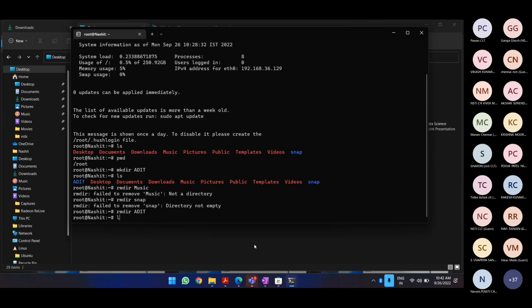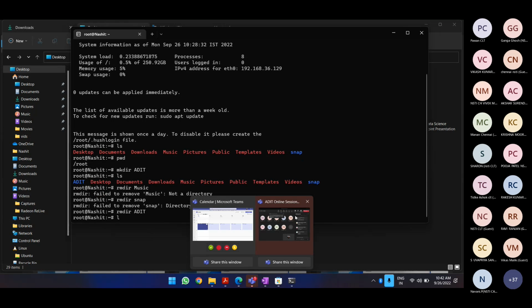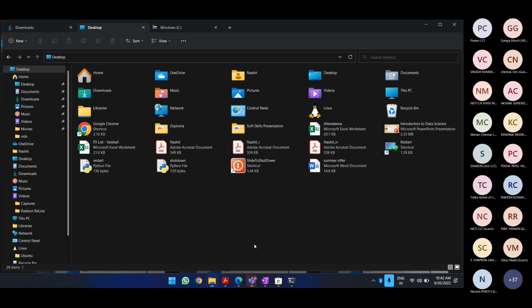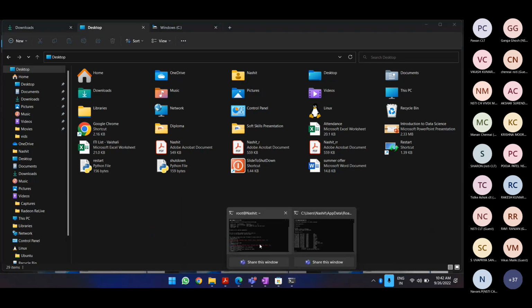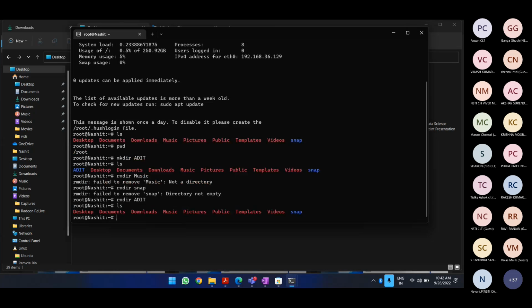So that is remove. Someone has said something. Remove. Yeah. Remove directory, and we can see ls. It is not available anymore.